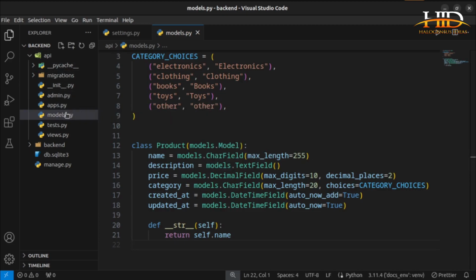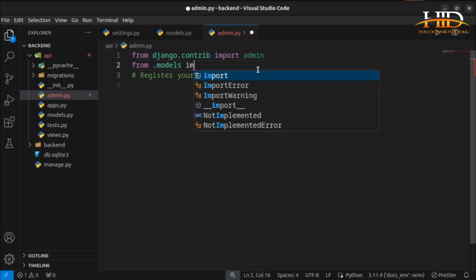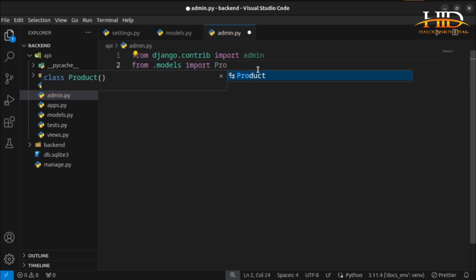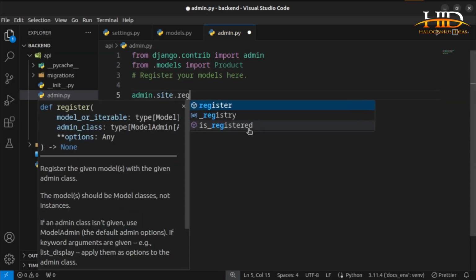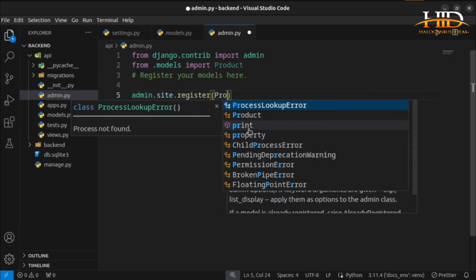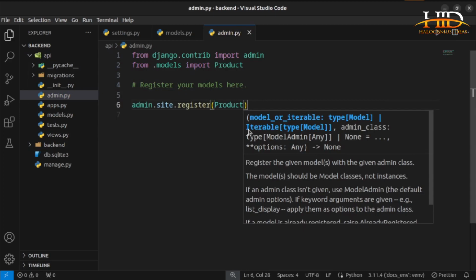So from models, yes, import Product. So now that my product is here, just admin.site.register. And what do I want to register? My Product. So after doing this, we migrate the data, we create a super user so we can log into